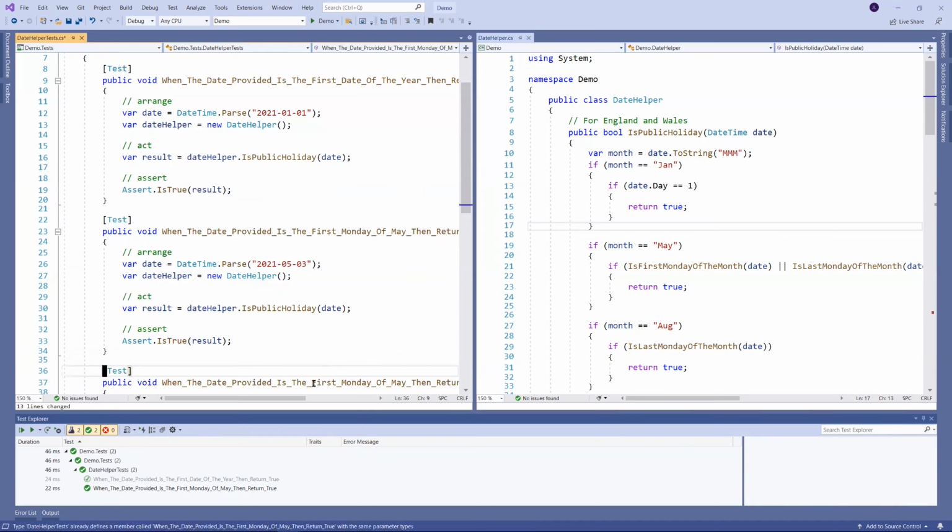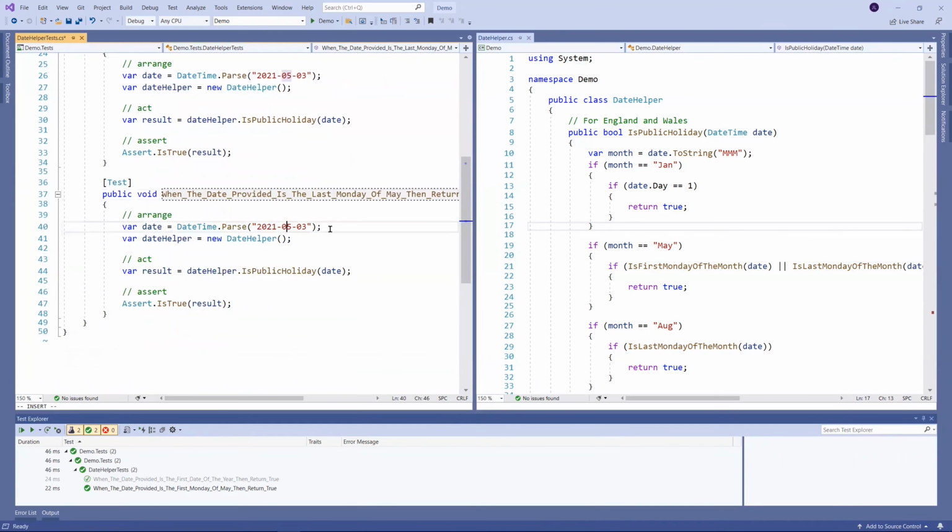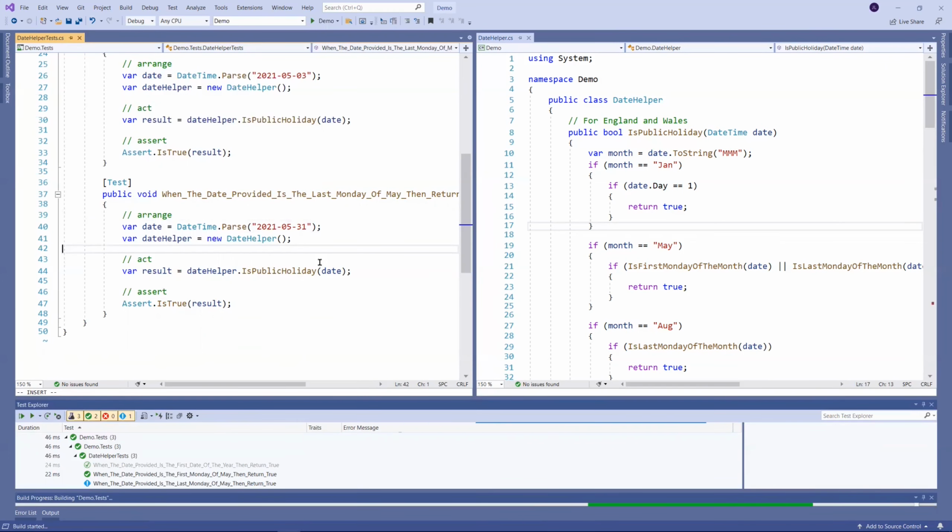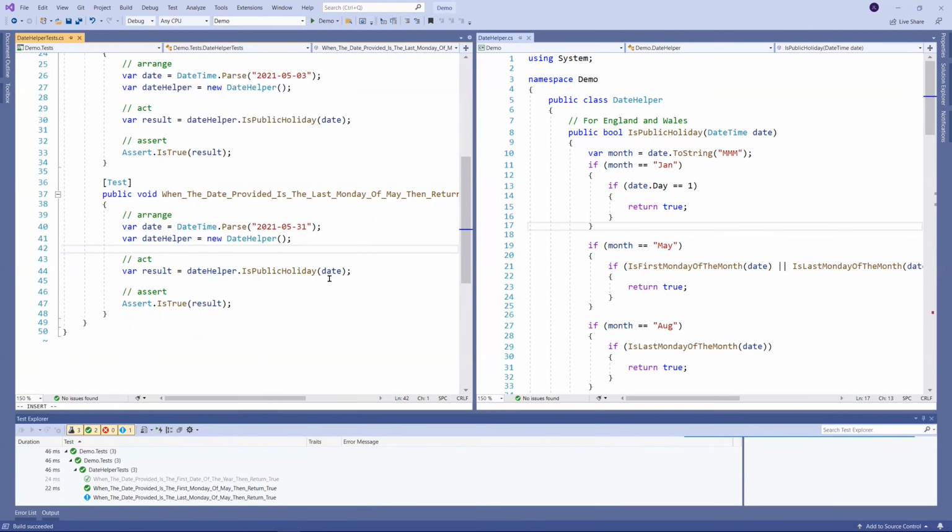So if I was to duplicate this test now to handle the next case, which is the last Monday of May, we know that the last Monday of May in 2021 is the 31st. If I run this, I'm also expecting this to return true. So that also passes. And again, if I wanted to check as a habit that the test is actually testing the correct block of code,